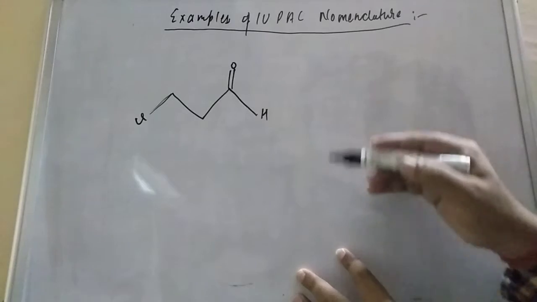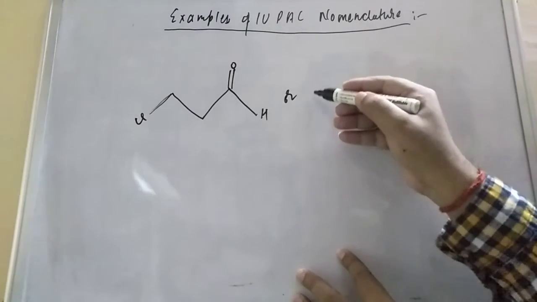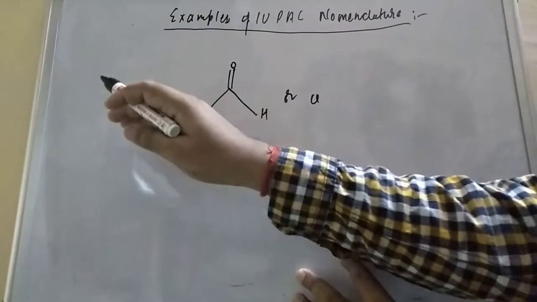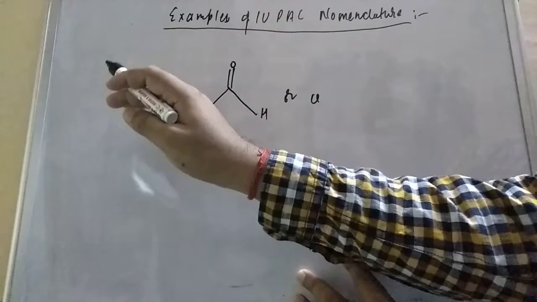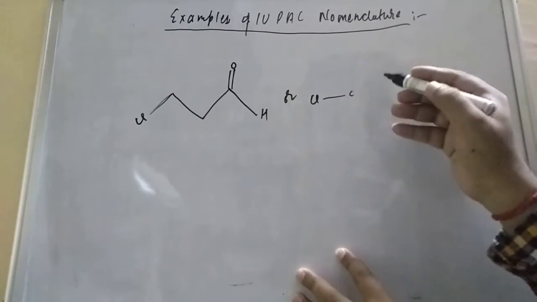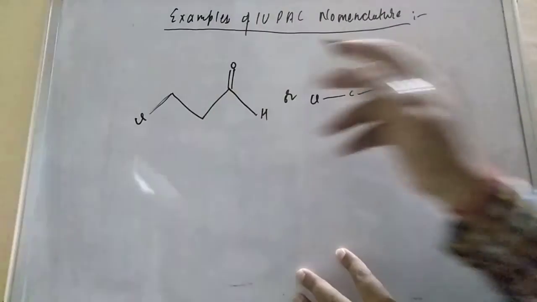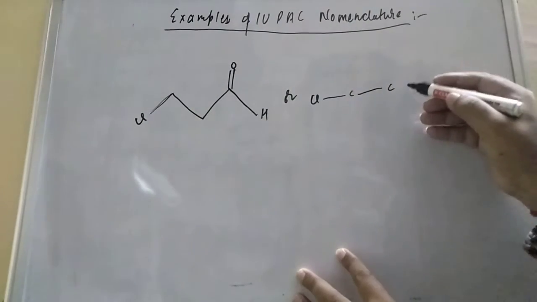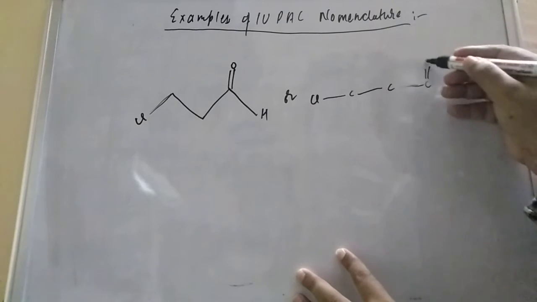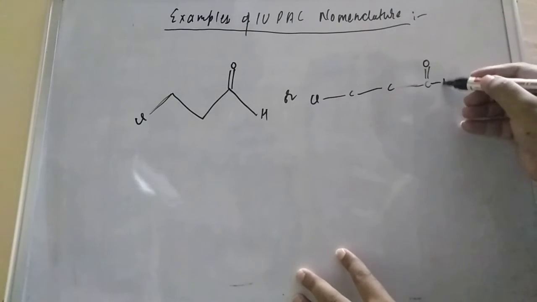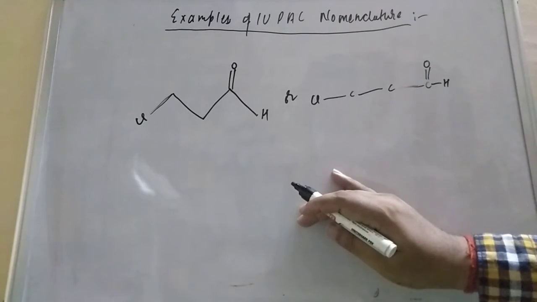You may be facing a problem. This compound can also be written like this. Cl is there, and Cl generally forms a single bond with the carbon. So this Cl is attached to carbon, and here it is carbon. Then one more carbon is there, and this is on the third carbon. On the third carbon here is the double bond O, and with the same carbon there is hydrogen, and we know that hydrogen also forms a single bond with the carbon.